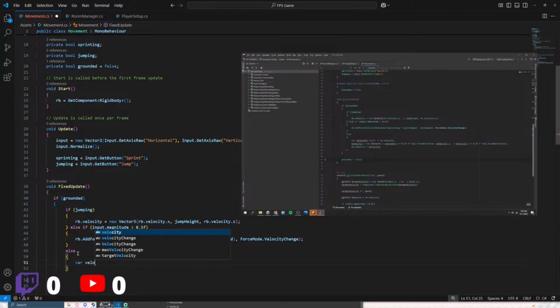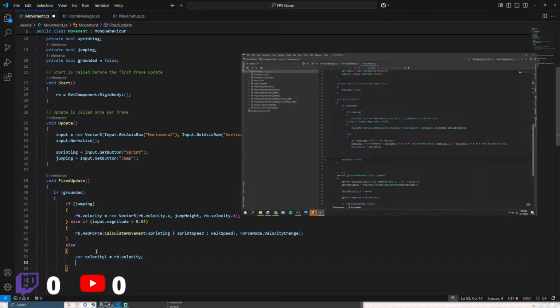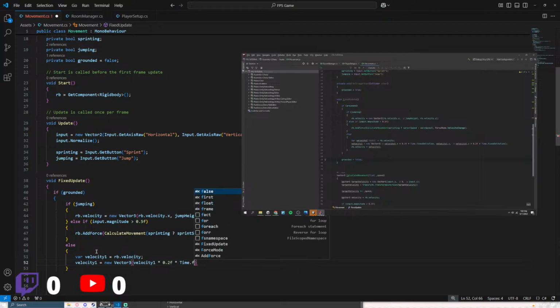Var velocity. This is like a whole nother script. Why is it acting like a power? Oh, no, they're not. I'm an idiot. Velocity 1 equals RB dot velocity. Velocity 1 equals new Vector3, velocity 1 times 0.2f times time dot fixed delta time,